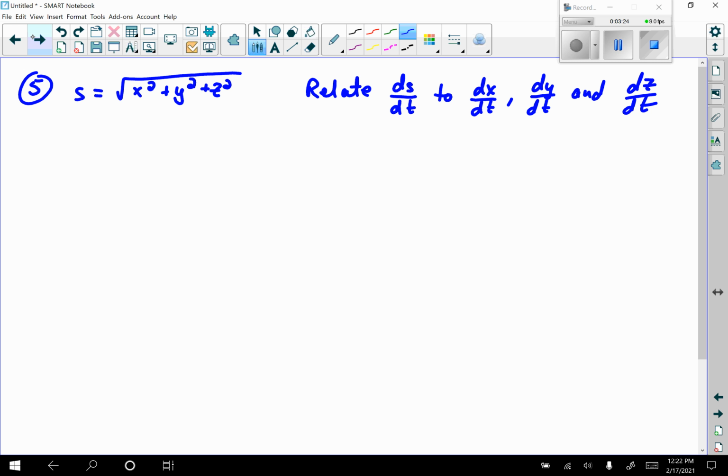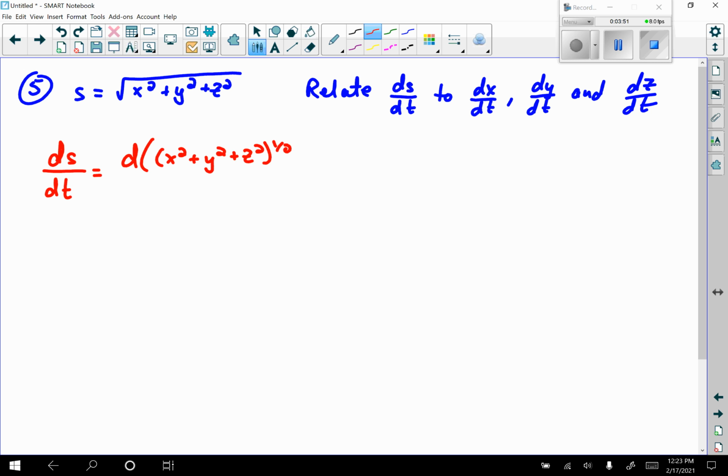Okay, number 5 deals with diagonals. It says if x, y, and z are lengths of the edges of a rectangular box, the common length of the box's diagonals is s is equal to the square root of x squared plus y squared plus z squared. We want to relate all of these rates of change together. So again, we're going to start with taking the derivative of s with respect to time. I'm going to rewrite this as the quantity